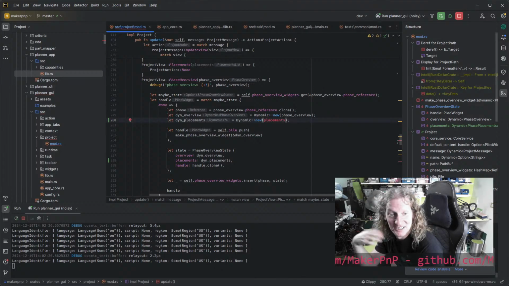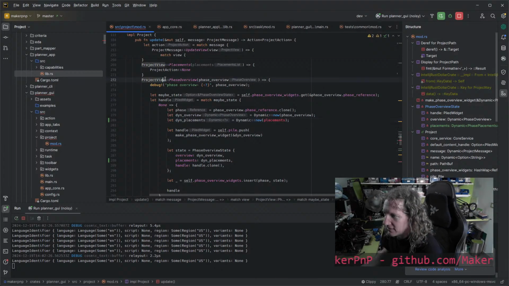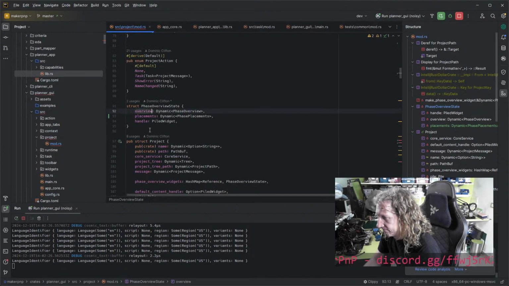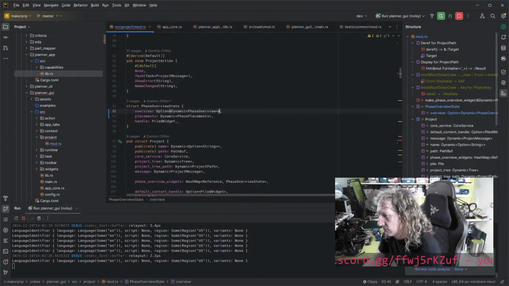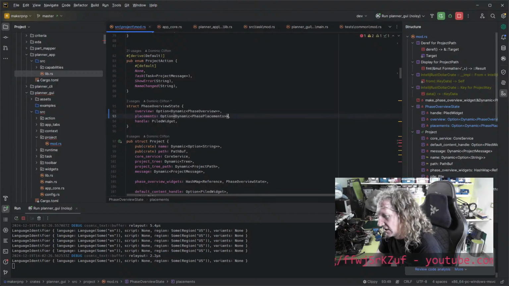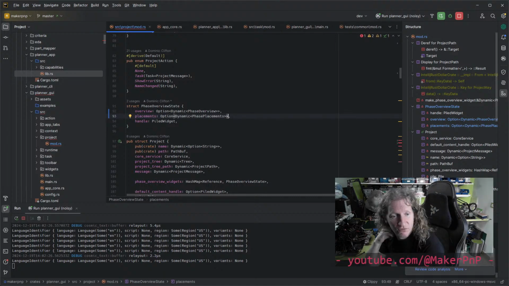Yeah. Because we haven't received any placements yet. We're in a phase overview handler, so we need to sort of move this around. So what is this? What should this be? Yeah, I can see where this is going. What? Option? I suppose. Then we can initialize it somewhere else first. And